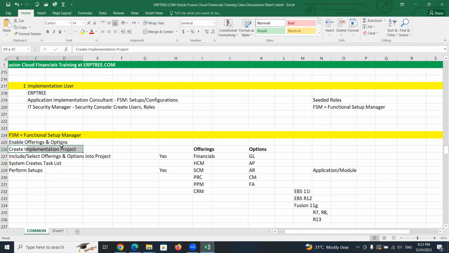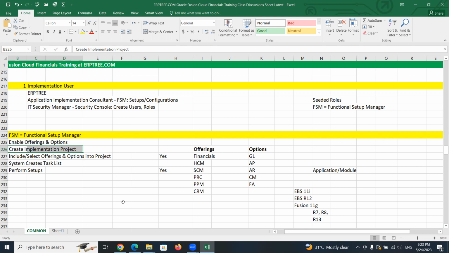The next step is implementation project. For what purpose do we have to create the implementation project? To complete the setups. When we talk about completing the setups, what setups we have to complete for each and every application, we will discuss at a very detailed level once we start doing the setups.